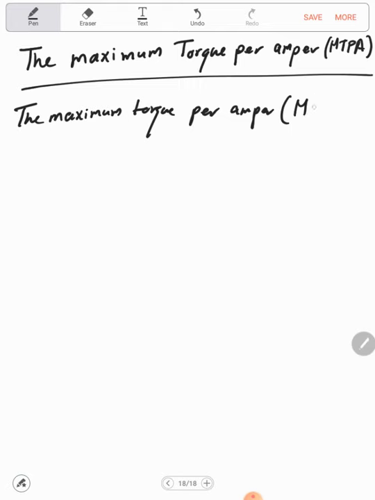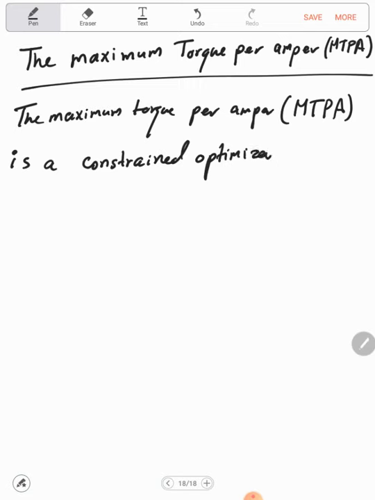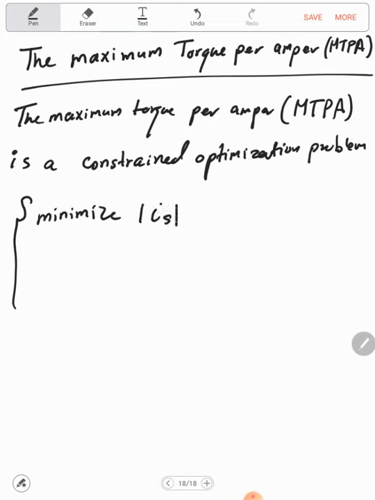which for short we'll call MTPA, is a constraint optimization problem which can be formulated as minimize the magnitude of the stator current, which equals the square root of IDS square plus IQS square, subject to